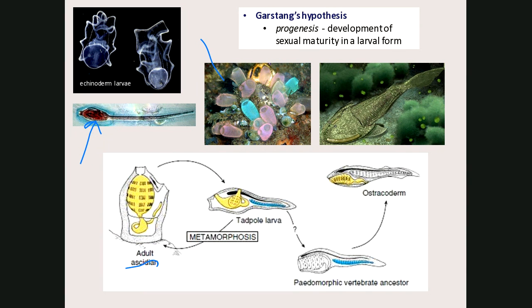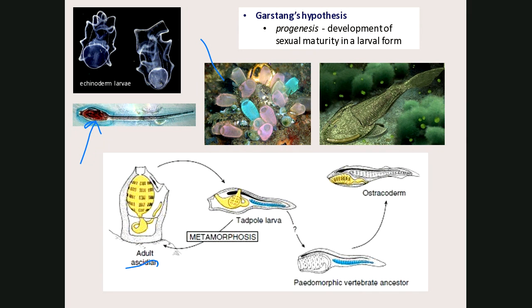You see, if you remember back, this whole idea of progenesis, where you develop sexual maturity in a larval form, the question mark there says the hypothesis suggests that a tadpole larva or a bilateral larva of some echinoderm that was already around, that was involved in this tunicate reproduction, or perhaps it was another type of bilateral larva, underwent this paedomorphic change, right? This paedomorphic change whereby, as a larva, it developed the ability to reproduce. Okay, so now I'm really using broad brushstrokes, but you get the idea.